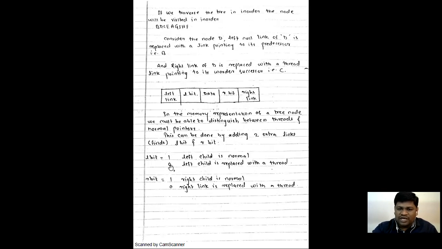And if the left child is replaced with a thread, we use the L bit value 0. So what is the value of the L bit in the case of D, where the null pointer has been replaced with a thread? 0. Good. The R bit works the same way: 1 if the right child is normal and 0 if the right link is replaced with a thread. What is the value of the R bit in the case of D? 0. Good.